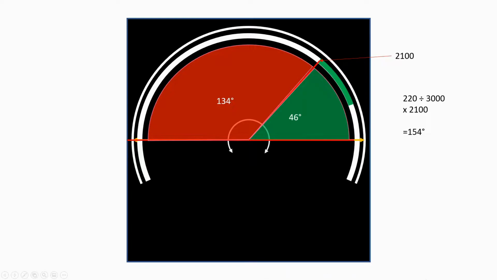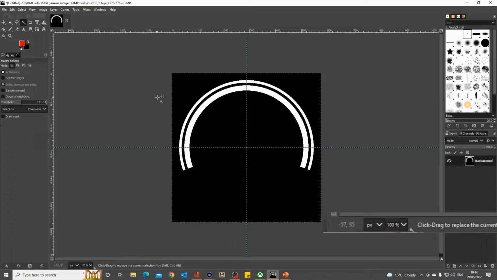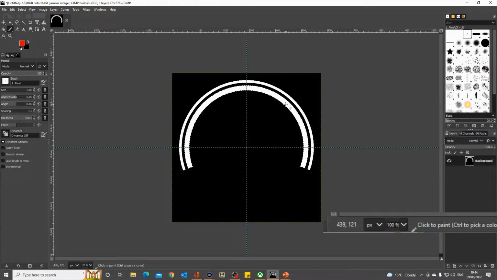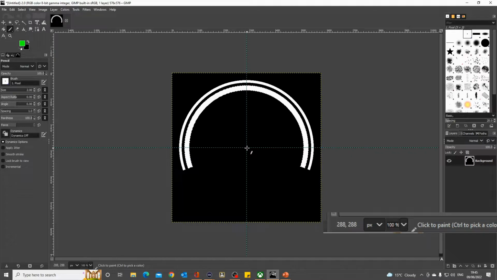So let's go and see that in the drawing package, let's see that in operation. It's pretty much the same as we did before. I only want to draw on this arc here, so I use my magic wand and select that, so I can only draw on the selected parts. I'm going to use my pencil, and it's a green section that we're drawing, so let's change the colour to green, and we use the tool in exactly the same way as before. We start in the centre,